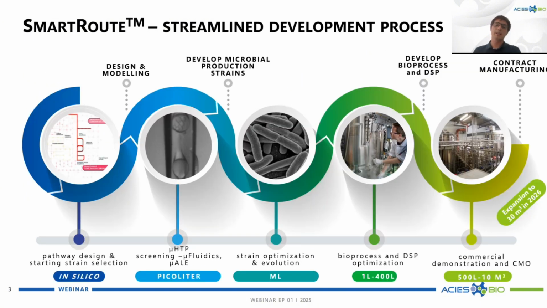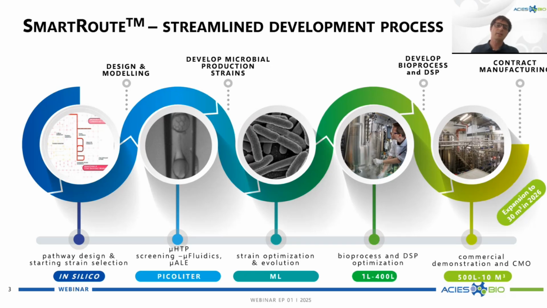Firstly, a little bit about Acies Bio, what we are and what we are doing. At Acies Bio, we are developing new microbial technologies using our Smart Route platform, which is basically a streamlined development process for microbial technologies, where we can start really with an idea, do the starting strain selection and pathway design, and then throughout the optimization steps of both genetics and non-GM based technologies, optimize the strains first in a really small scale using high throughput screening of microfluidics, microAL, and then through further strain optimization and evolution go towards more industrially relevant